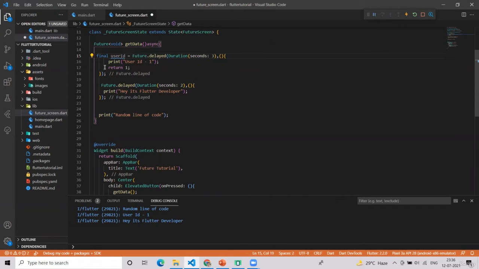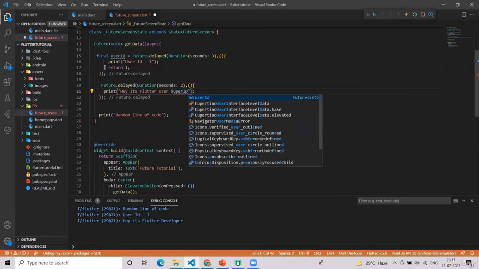But now the thing is, we want that user ID and print it out here.